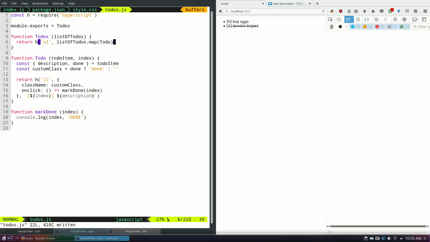And I might have broken it. Cool. Nope. There we go. It's trapping which one we've clicked. Okay, that's pretty cool. So we've got this idea of a mark done,